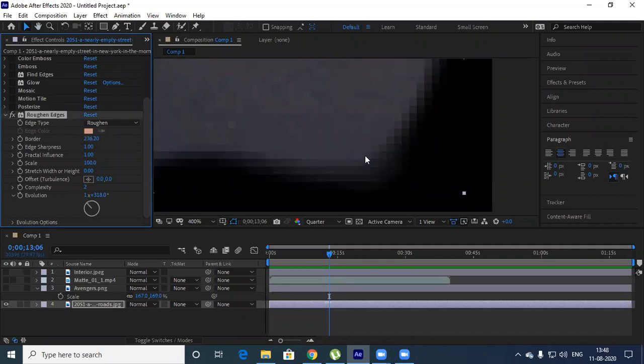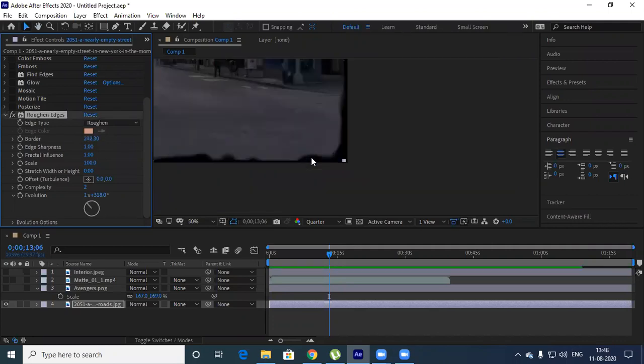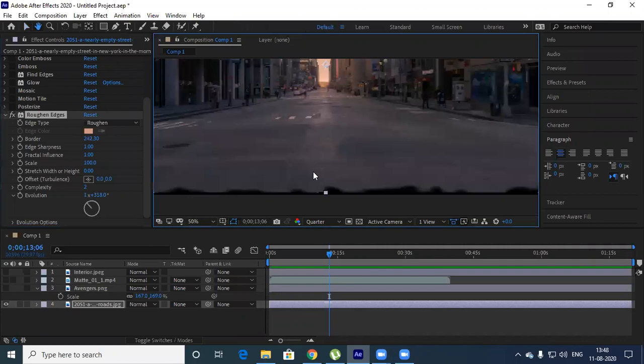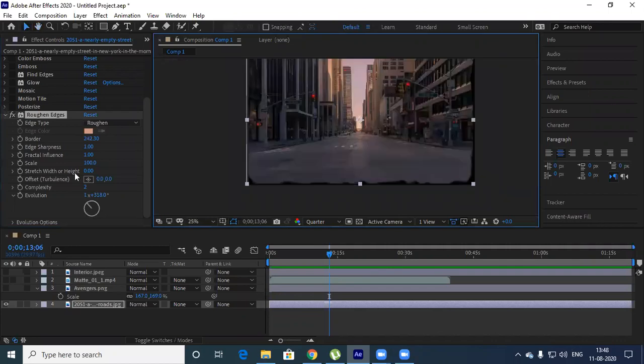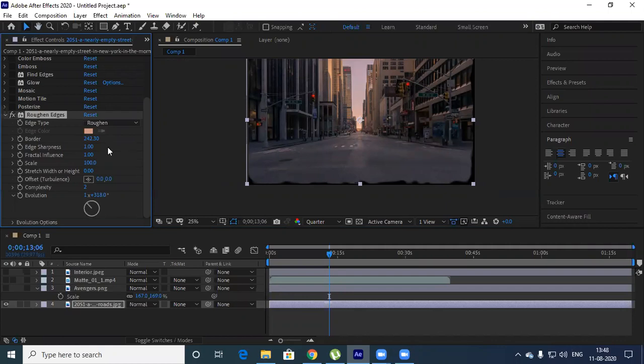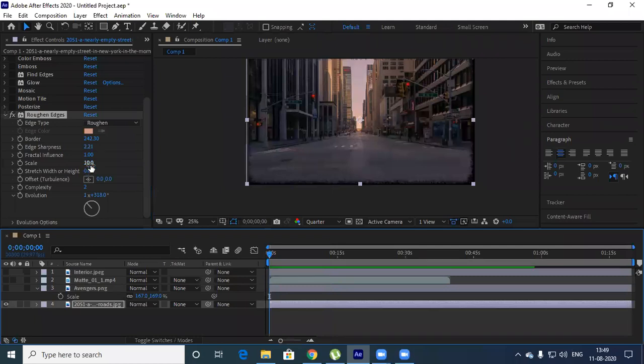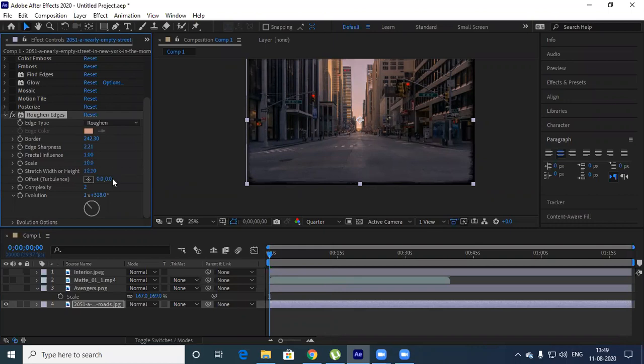The more you increase, it looks something like this. Not only for your entire image. Okay, edge sharpness, fractal is more detailed. Scale. So you can have something like this. Stretch width. Oh, this is fine.